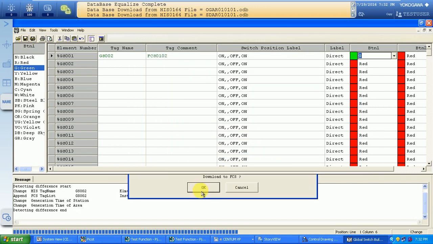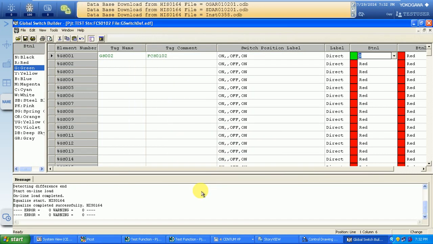For communication, we need to create two common switches for checking whether data is being read from the switch or not.